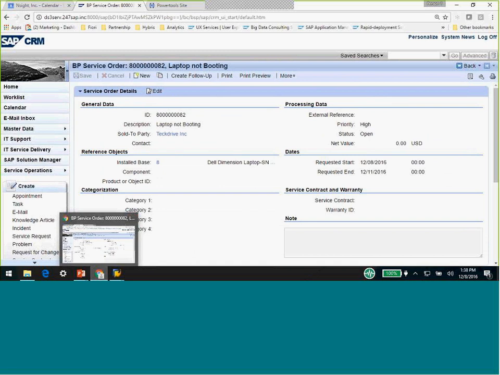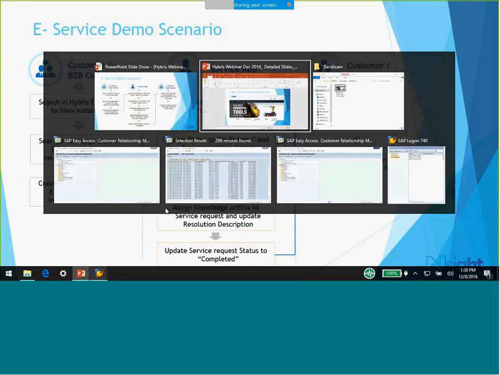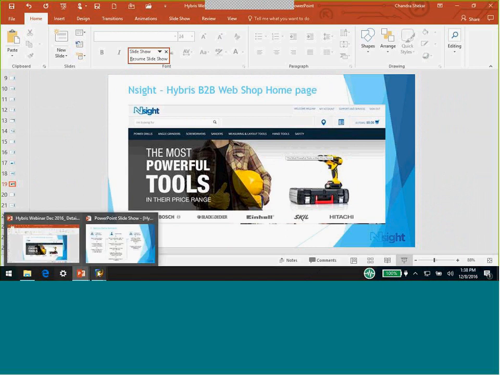So I'm now the service tech, and I know I've seen this issue many times. I know there's a knowledge article too. So why is it that this is not so? So I'm wondering, and